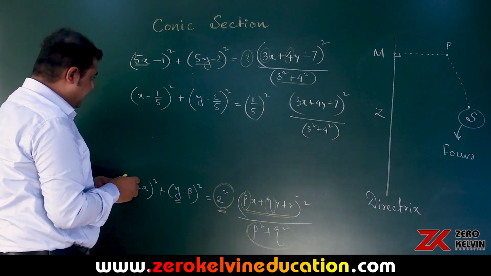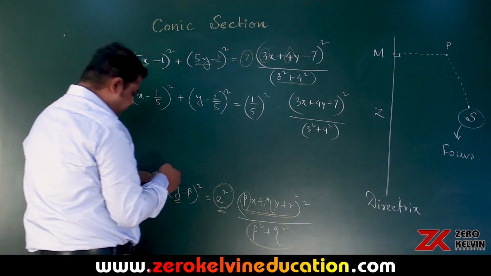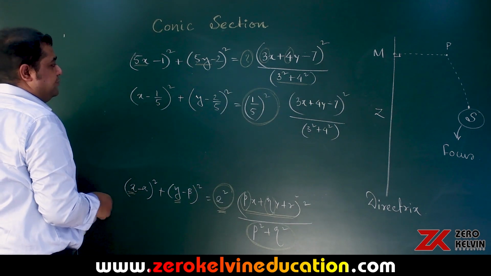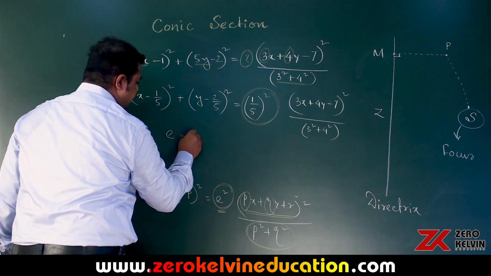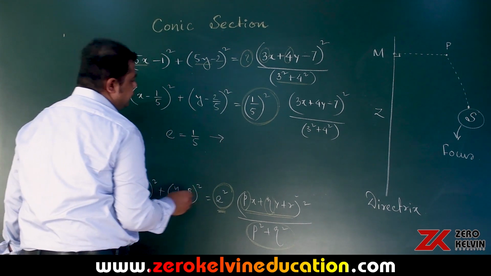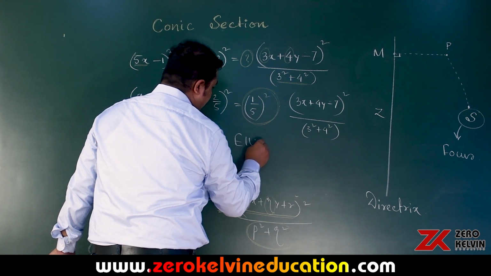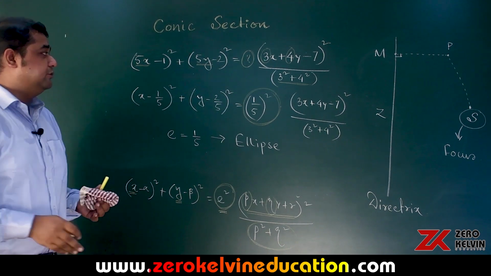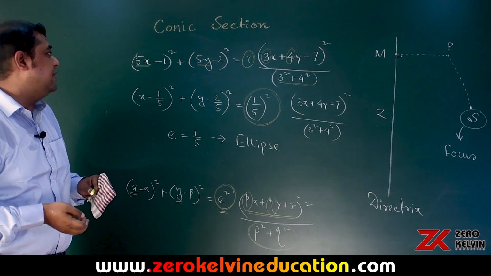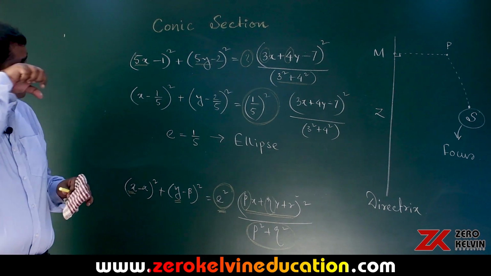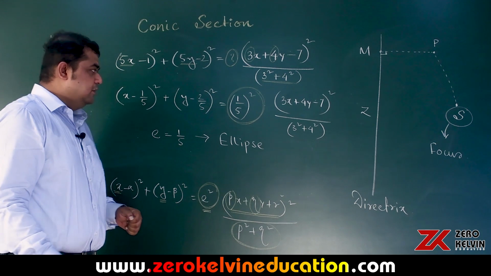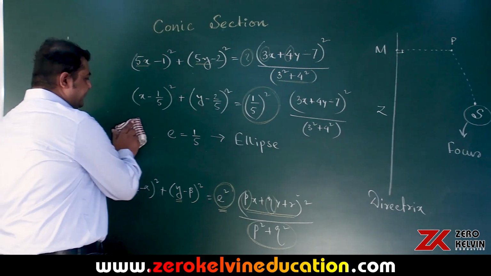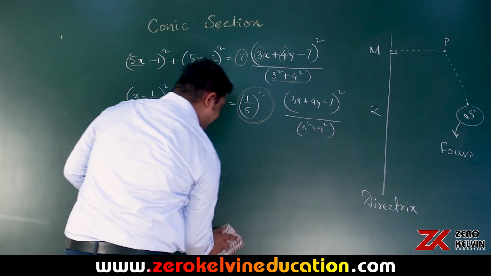So now, keeping a standardized appearance for all sections, what we have got for the e² section is 1/5². So we can ensure the eccentricity is 1/5 and this equation stands for an ellipse. Whereas if we miss this observation at the beginning, there was nothing written for e², so there is a high chance that you may be misguided to the conclusion of a parabola, considering it as 1², which is not to be done. With this example, we have understood how to compare the eccentricity. Let us have another example on that basis.